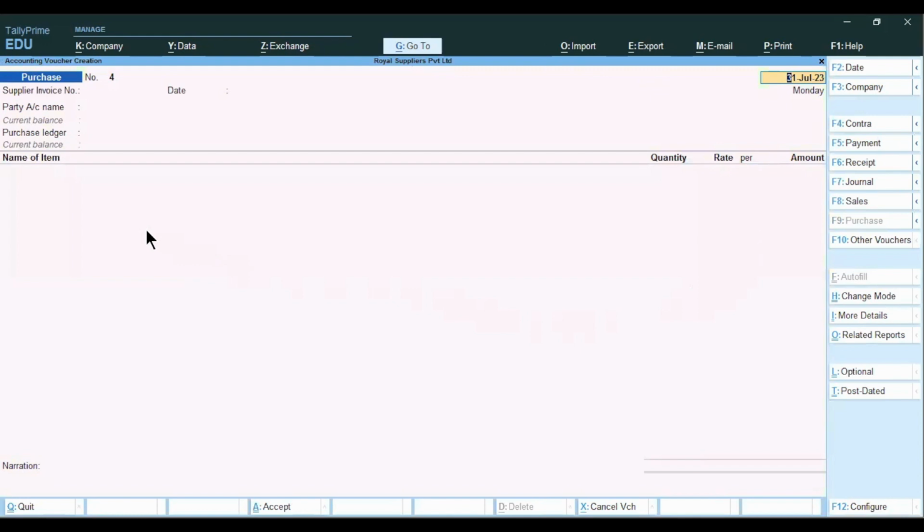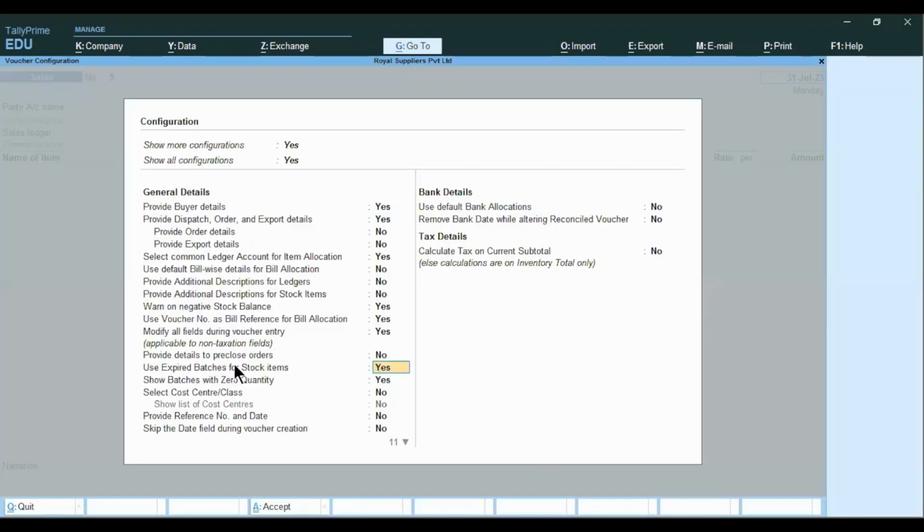While entering the stock item, give the batch number, its manufacturing date and expiry date. Same way, sell the goods, and while selling the goods, if the date of the goods is already expired, in that case, in sales invoice mode, configure the same, and this question should be enabled. Use expired batches for stock item. If you enable this question, then Tally allows you to sell the products even after its expiry. Even though the products have expired, you can sell and you can enter the transaction of that particular stock